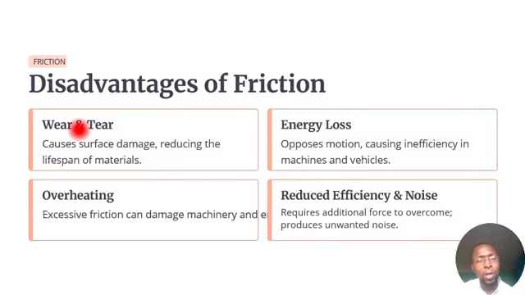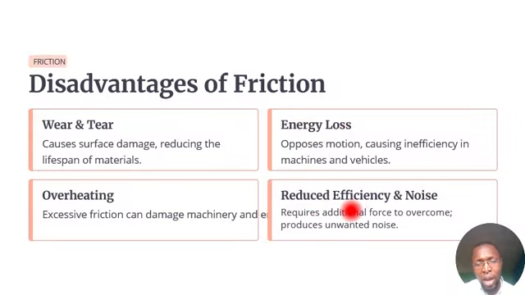So friction can lead to wearing and tearing. When two surfaces are rubbing each other often and often, with time they'll be wearing off. It can lead to energy loss. We said in the advantages that it can lead to generation of heat. Heat is a form of energy, and when it is lost, it reduces the efficiency of the machine, which leads us to this one. When energy is lost through it in a machine, the machine will